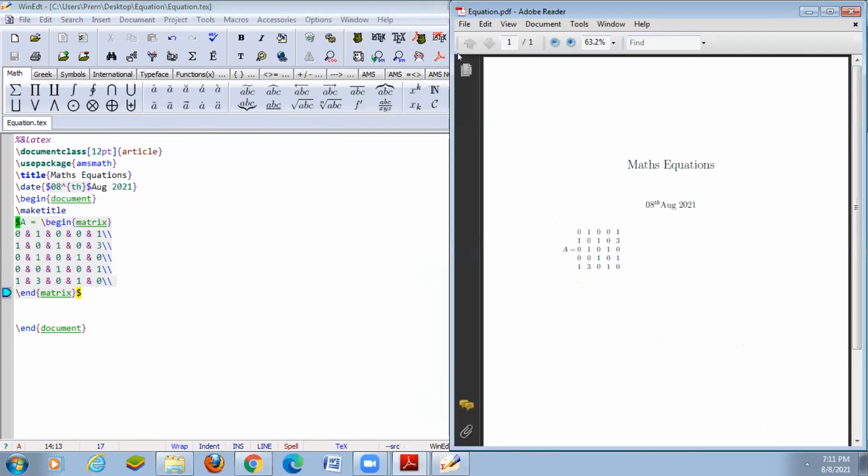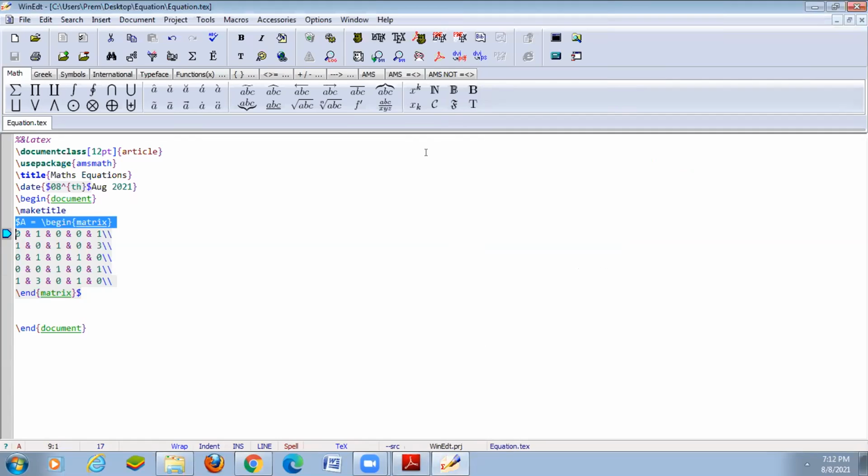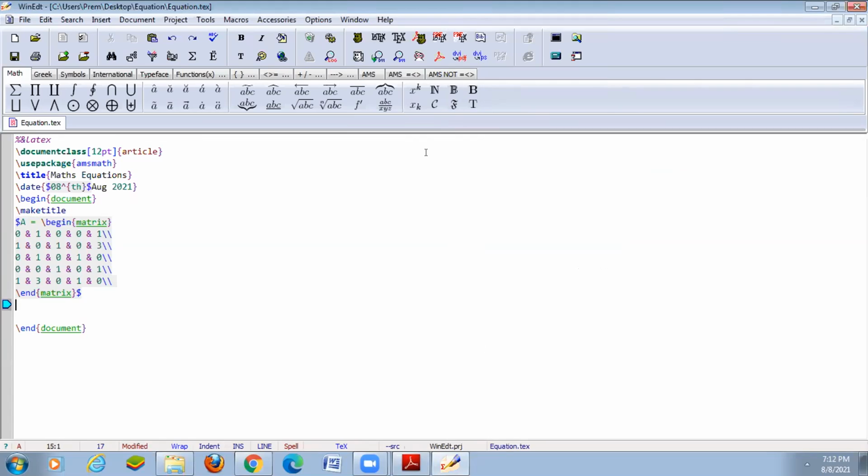So we can take the different types of matrix. So this is the plain matrix. So plain matrix means there is no square bracket or round bracket or anything in the text. Okay. Suppose if you want a square bracket or round bracket matrix, or any other matrix, you can take the different types of matrix. So I have to display another one. So I have to copy that same matrix. Suppose if you want a round bracket matrix. So round bracket means open bracket matrix. So we can take that